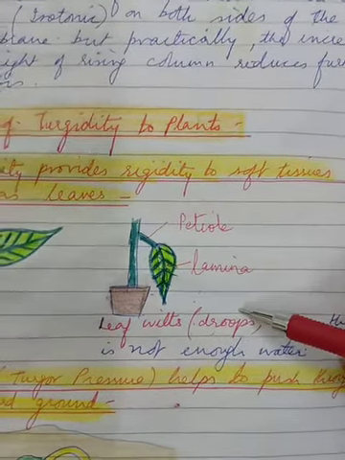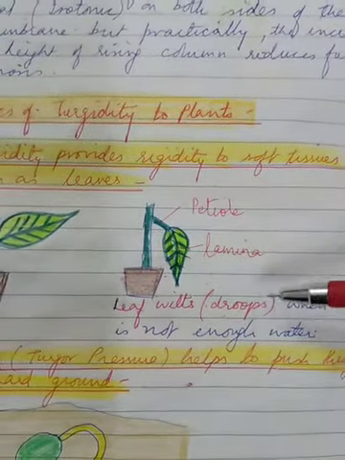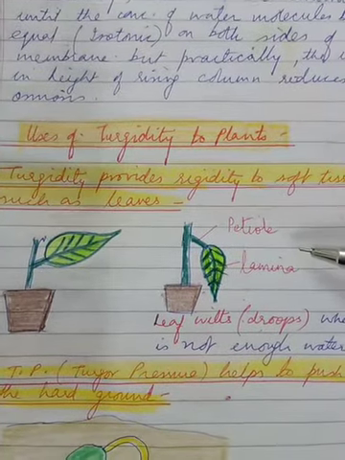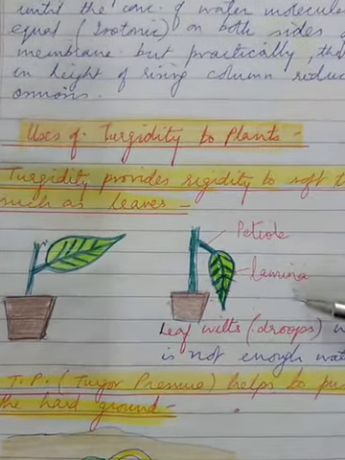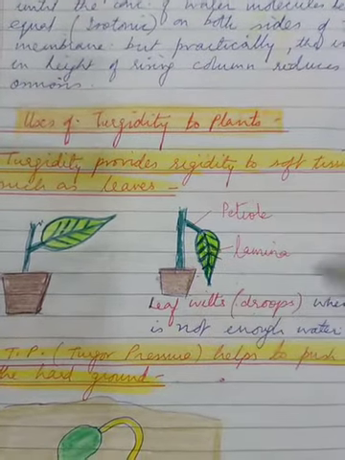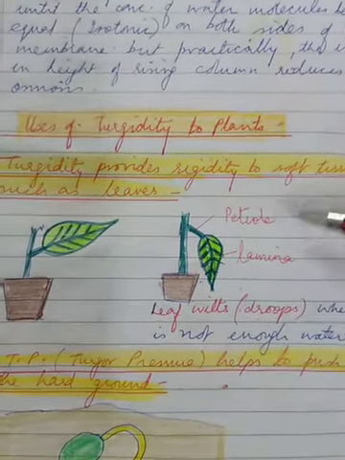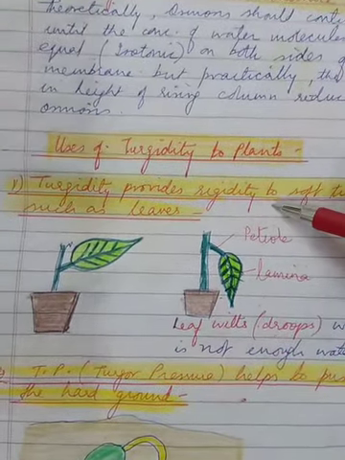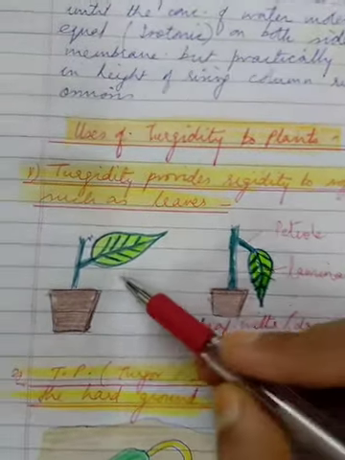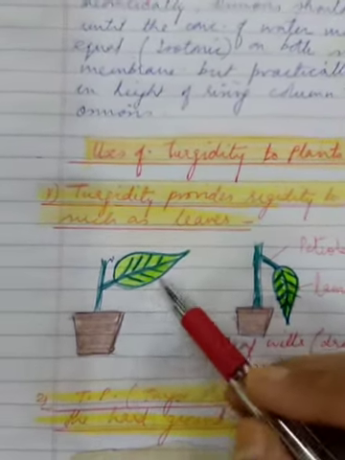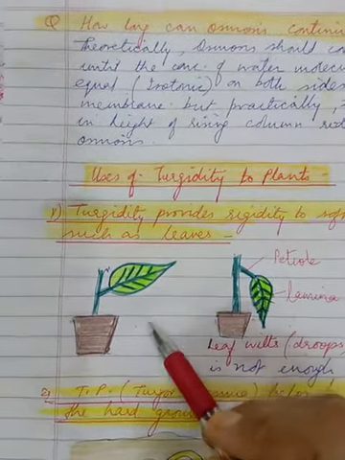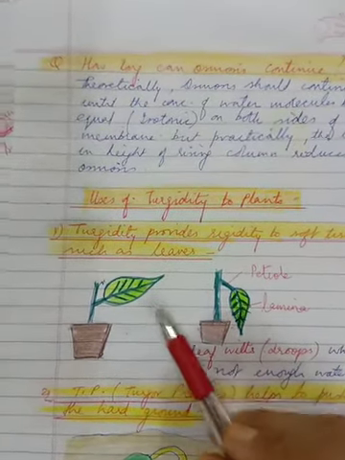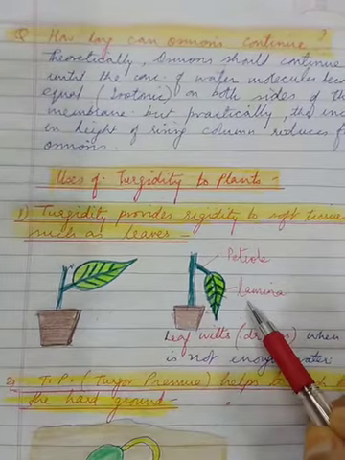Or the leaf droops down. So wilting is usually noticed when a plant is exposed to hot sun or in a hot afternoon, right? And the amount of water lost is more than the water absorbed. But this is not permanent. This will recover by the evening time if the plant is well watered, right? Or in other words, when absorption exceeds transpiration, the wilting will come back to a normal state like this, and the leaves stand out in the normal healthy direction. So this is the first use of turgidity to soft tissues such as leaves, that they maintain a rigid texture and do not droop down.